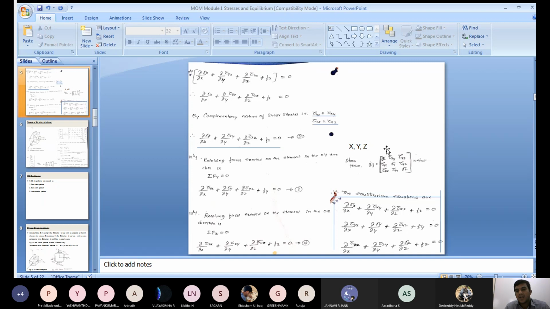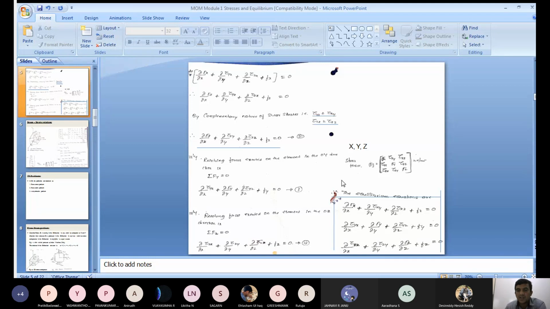First you write the stress tensor. How do you write the stress tensor? The rows represent the planes. The first row is the x plane, the second row is the y plane, the third row is the z plane. There are three columns representing directions. The first column is the x direction, the second column is the y direction, the third column is the z direction. Now stress acting on the x plane in the x direction is sigma x. This is a normal stress. Similarly, stress acting on the x plane in the y direction is tau xy. That is shear stress. Like that, you should remember the stress tensor.